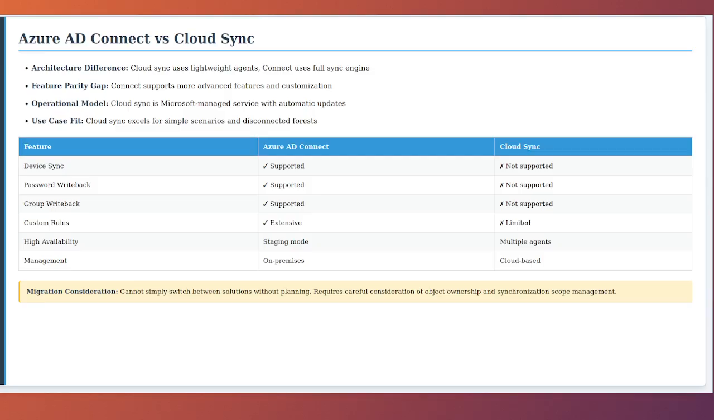Migration scenarios between Azure AD Connect and Cloud Sync require careful planning. Organizations cannot simply switch from one solution to another without consideration of how object ownership and synchronization scope are managed. Microsoft provides guidance for various migration scenarios, including running both solutions in parallel for different sets of users during transition periods. For new deployments,